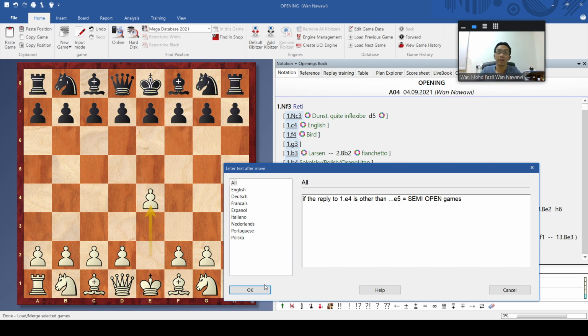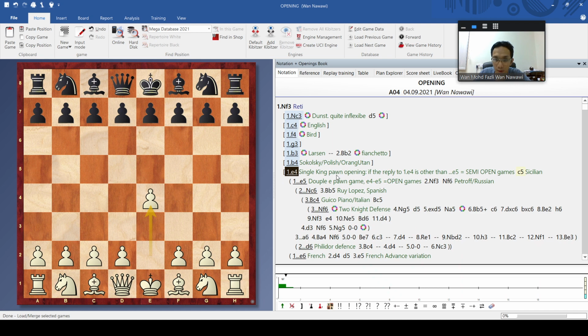Yes, they can classify using the ECO code, but people nowadays don't remember the codes, so they just classify according to the characteristic. If you open E4 and the response is other than E5, they call it a semi-open game, or in other words, a single king pawn opening. Meaning the reply is not a king pawn.